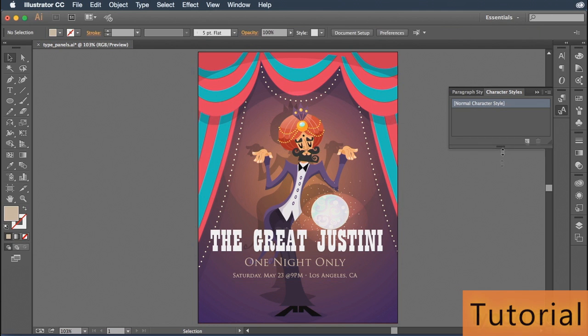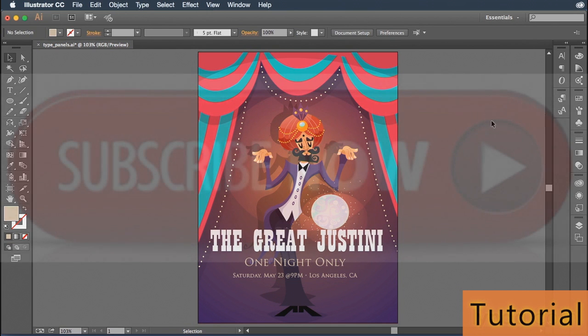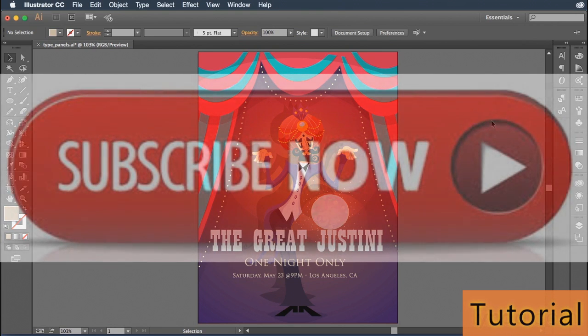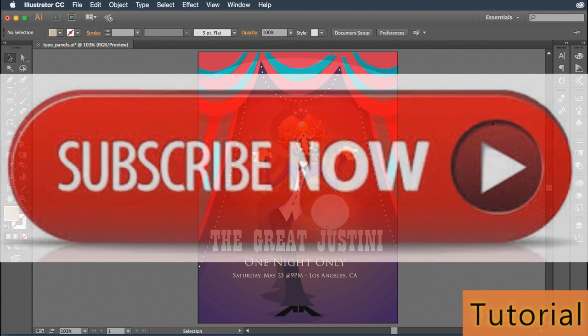The type panels in Illustrator CC are hidden by default. You have to go and find them. So in this movie, I'm going to show you where to find them and how to use them. Let's go to the Window menu here, go down into this big list of panels that we have access to, and go to Type, and just choose Character. That's going to bring up most of the type panels that we need. The Character